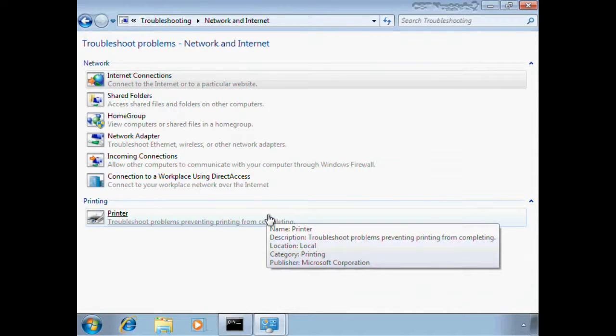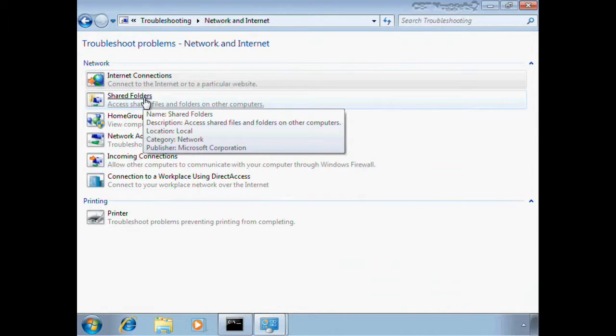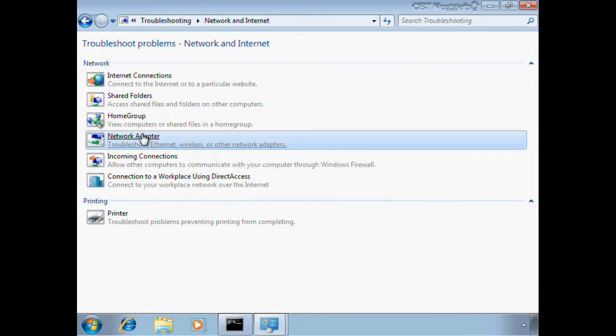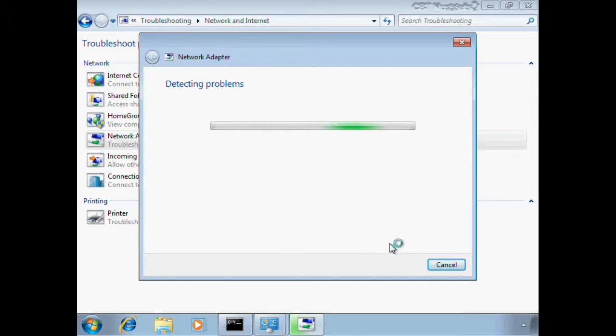Now in the network and internet troubleshooting category, you have subsets here. Are you dealing with shared folder troubleshooting, network adapter troubleshooting, etc.? I'm going to choose network adapter here, and this fires open the built-in troubleshooter for this. Now troubleshooters have been around for a while, since Windows XP. However, this functionality, especially with the network diagnostics framework, has ramped up considerably in Windows Vista and Windows 7, because